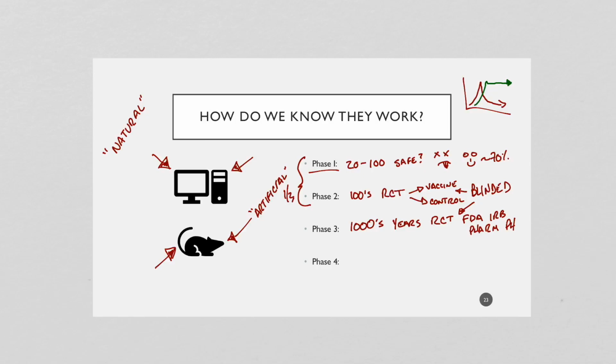So after years of testing, after doing it in a randomized clinical trial way of comparing a vaccine to a control, if everything looks good, it's safe, it's effective, it creates immunity, it protects people against the disease more than the control would. Everybody was well informed of what they were participating in. All the adverse events are reported. FDA looks at the data and the data are clear. The IRB says yes, everything was done ethically. The pharmaceutical company submits all the information that is requested of it. If public health was involved, the epidemiologists sign off on it, then we're good to go. We're good to market the vaccine.